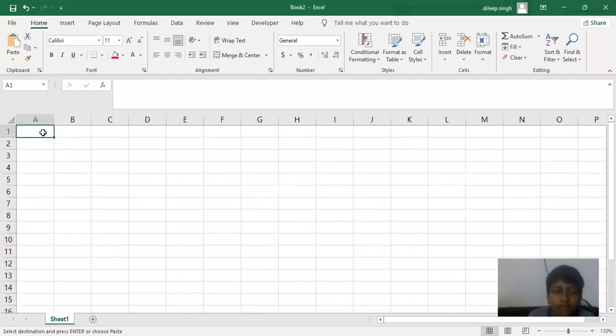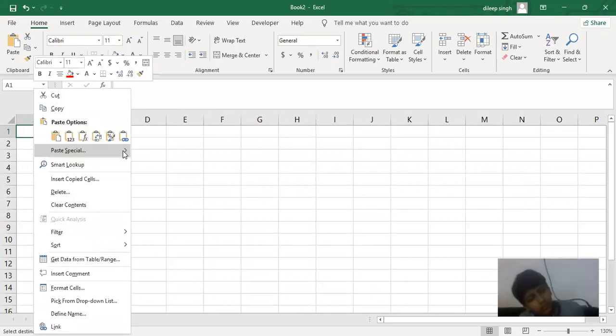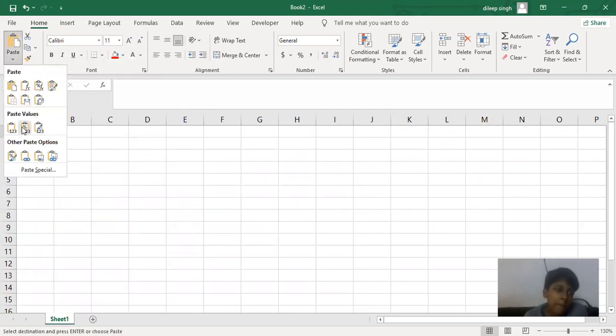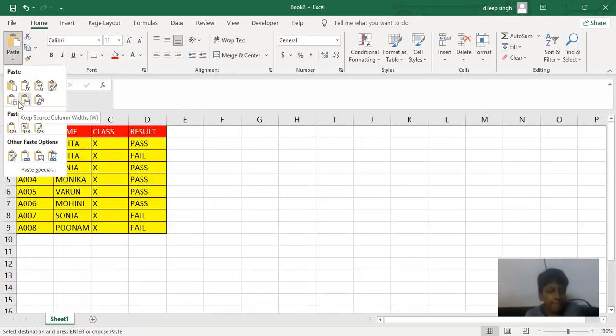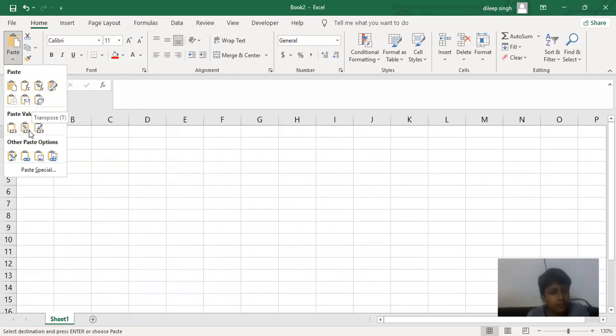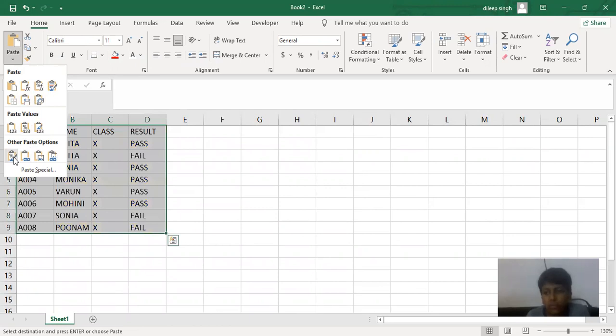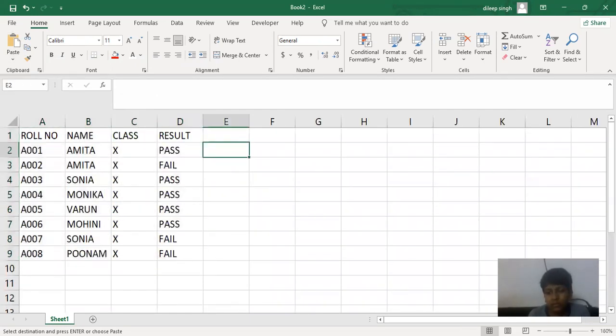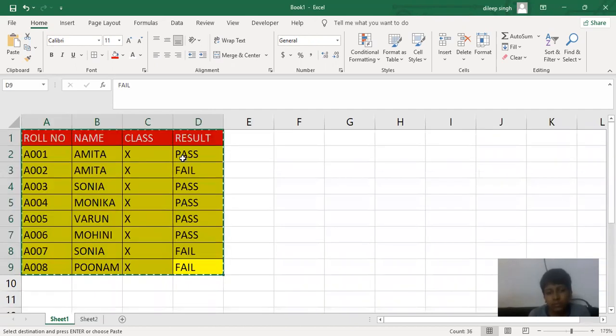Yes, sir. Okay, so we just right click here, and here we have the option paste special, and a paste link option is also available here. Just click on this, and that is the link option. This is the paste link option. Just click here. When you click here, you will get the link of the particular content. And when we change in the previous sheet or in this workbook, it will automatically change in that workbook as well.